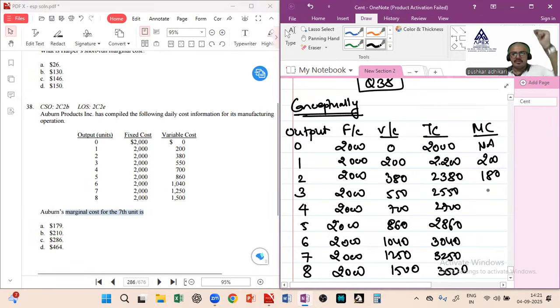Everybody start helping me out. Come on. What is the answer here? It should be 170. Yes? Yes or no? 170, 150, 160, 140 plus 40, 180. Yes or no? 180. Look, 2860